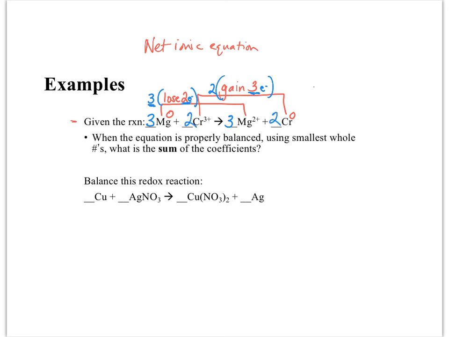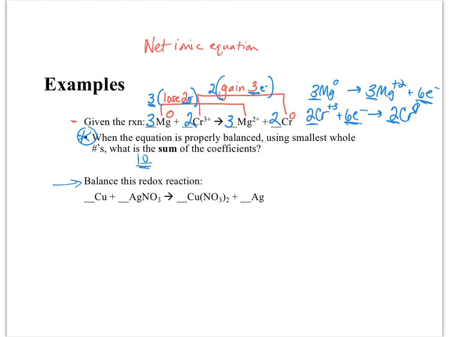So now look, we have 3 magnesium zeros changing to 3 magnesium +2s. So that's a total of 6 electrons being lost. We have 2 chromium +3s changing to 2 chromium zeros. That's by gaining 6 electrons. So this is the same on both sides. I have the same number of chromiums on each side. I have the same number of magnesiums on each side. So that is balanced. What's the sum of the coefficients? To answer the actual question, well, the sum of the coefficients would be